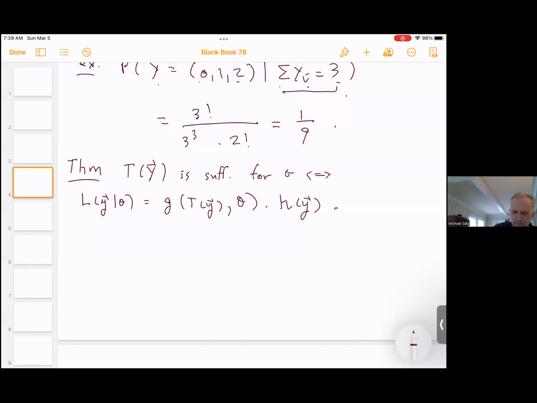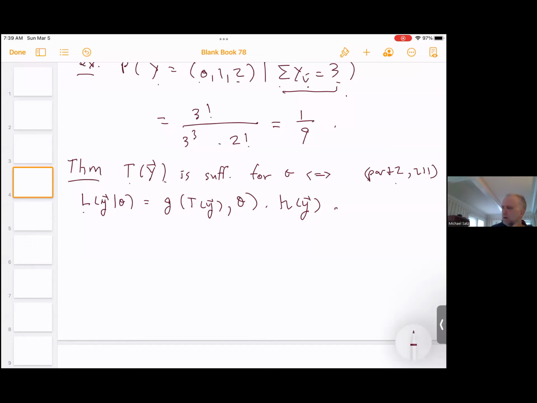Okay, so for part 2 of lecture 11, we are going to continue with sufficiency and this theorem. This is the theorem, and we have that T of capital Y is sufficient for theta if and only if